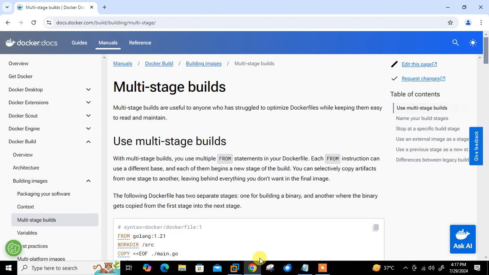So what's new in this video? In this video we will talk about Docker multi-stage build. But before we start the lab session, we need to understand a few points, which is what is Docker multi-stage build and their use cases. So as you can see on my screen, this is the official documentation of Docker, and clearly